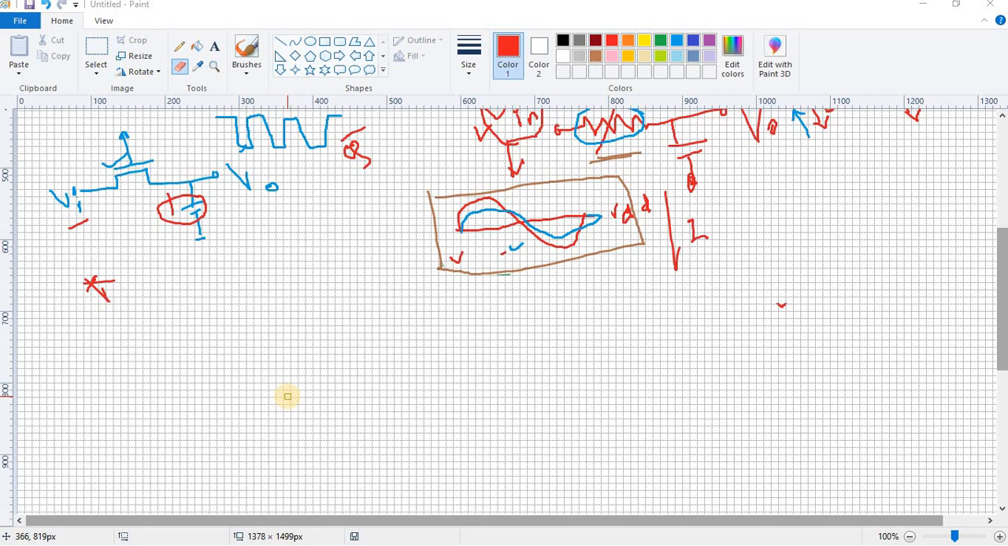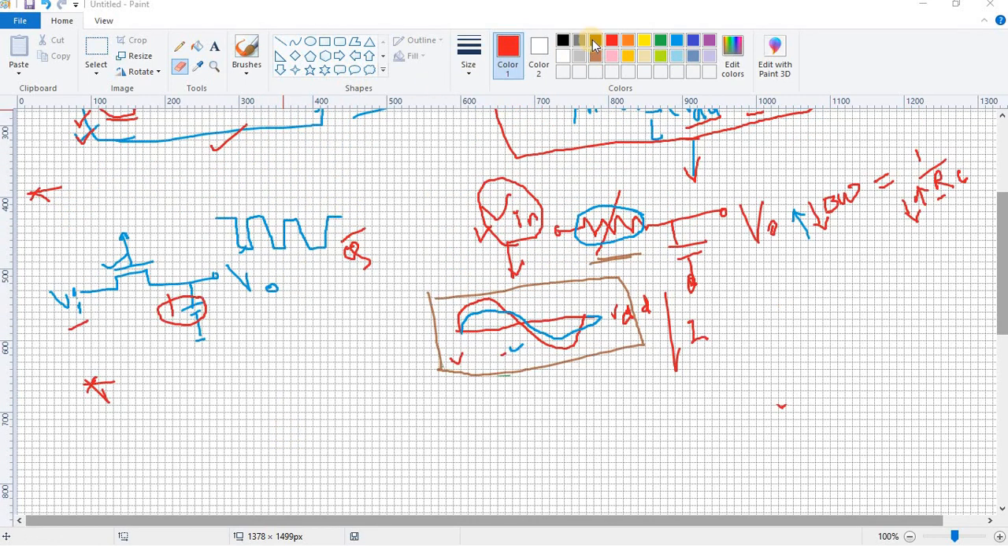Start our discussion for the PMOS circuit. Okay. Before starting our discussion of PMOS circuit, I want to add two more points. First point is basically,